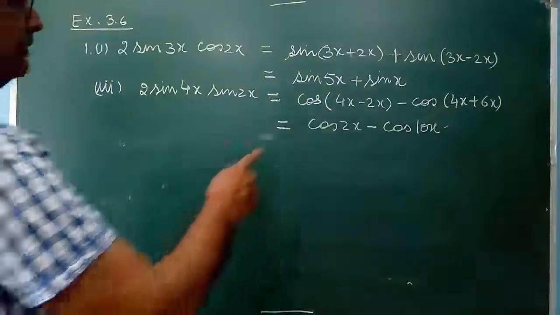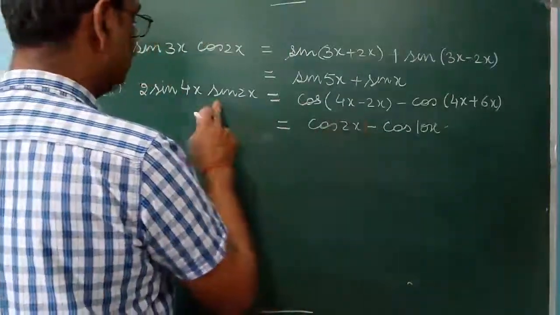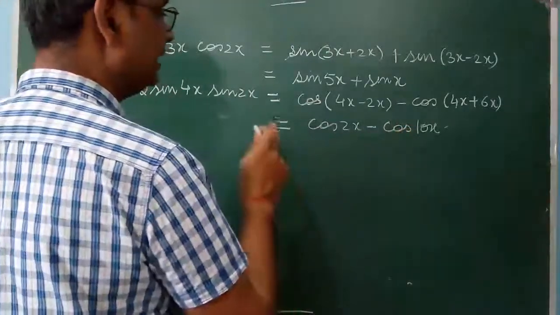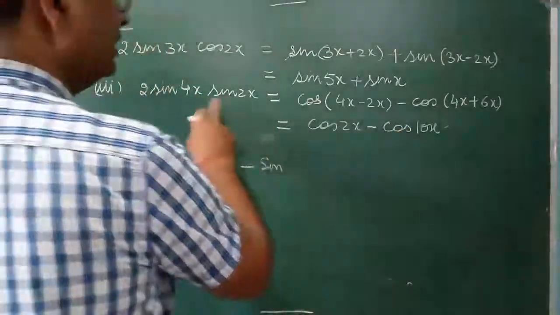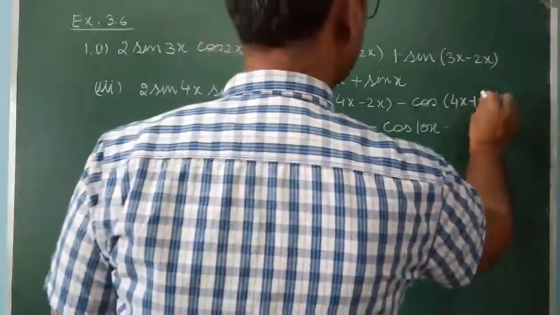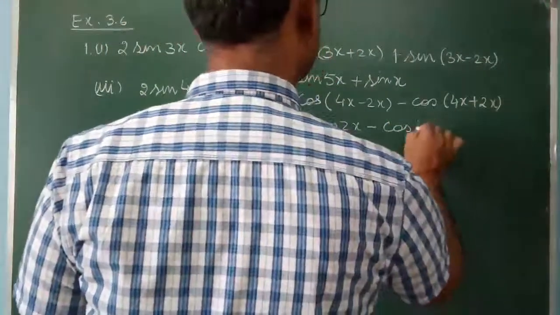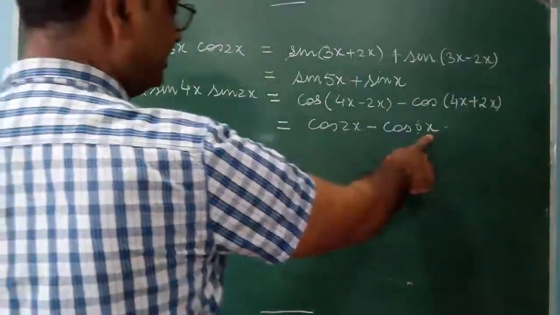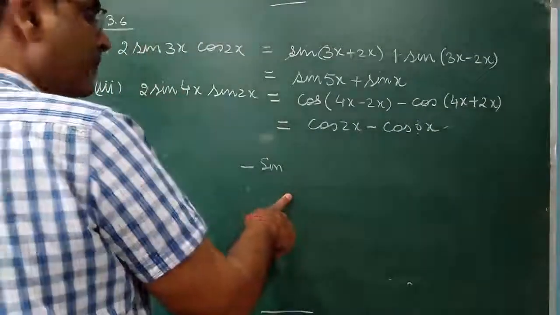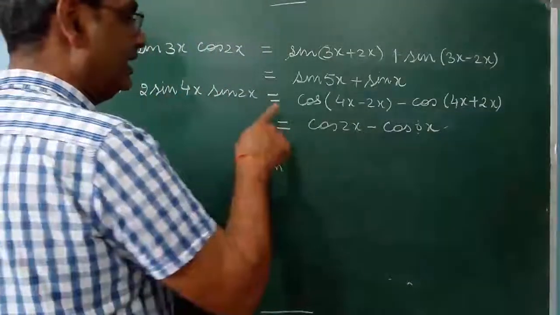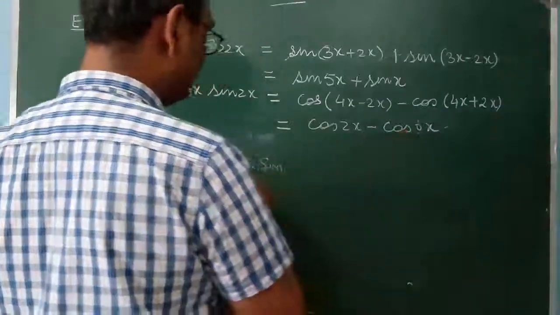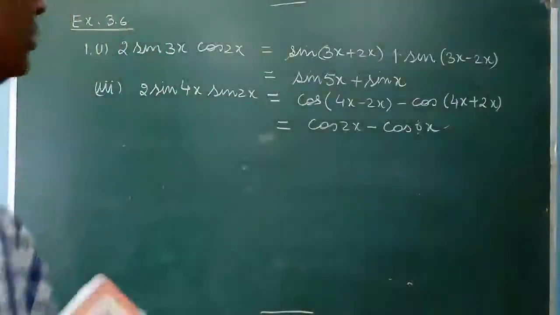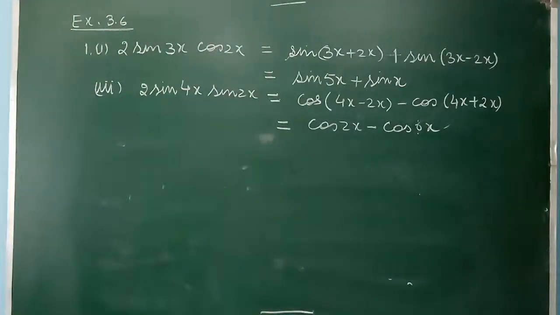How can we get it? If I just want to convert this into this form, this is minus sin, this plus this by 2. Just check it. 4x plus 2x, no, it is not 6x, it is 2x. So this is 6x. So it will be how much? 2x plus 6x, how much? 8x by 2, 4x, and the second one will be sin minus 2x, and this minus and that minus will get cancelled. So we will be getting this answer, cos 2x minus cos 6x.